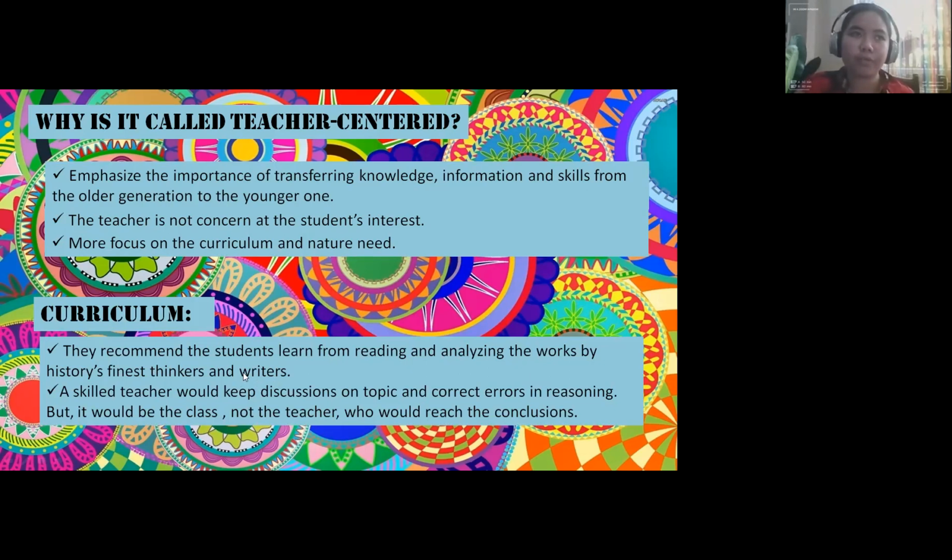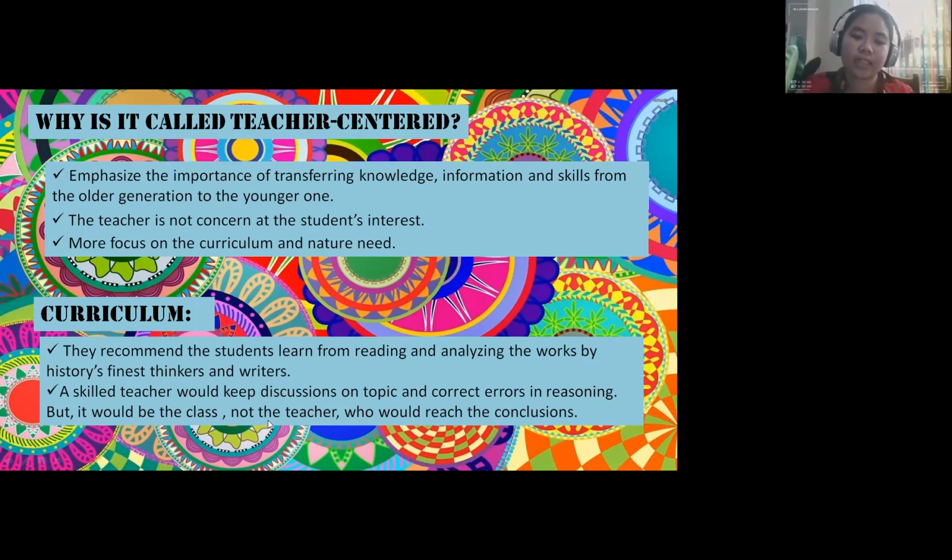So, diba, we've learned the law of gravity in our science subject. Those are the results of those finest thinkers in mathematics. We have the fathers of geometry, algebra. Those are the finest thinkers that have ever existed in education. Okay, a skilled teacher would keep discussion on topic and correct errors in reasoning, but it would